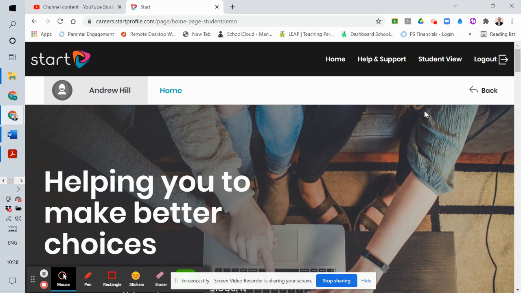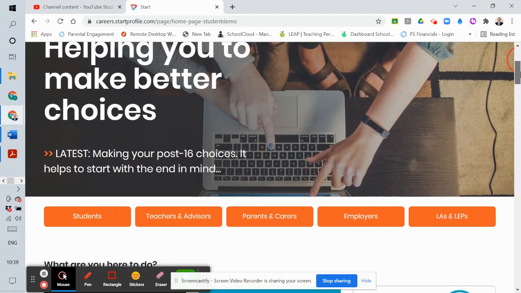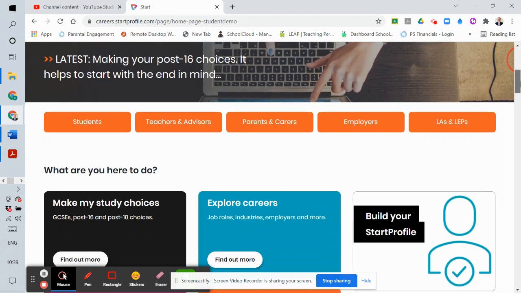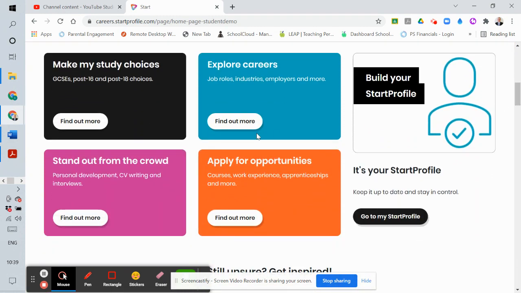Once you have clicked on the login button, you'll come to this home screen. Scrolling down, it allows you to click on various bits to explore careers and options that you're going to have available to you. Crucially for you, Year 9, we need to be looking at the GCSE subjects that could potentially help us towards a career. As someone might have mentioned this morning in assembly, what you do for GCSE option choices isn't actually going to stop or hinder you from going down a particular